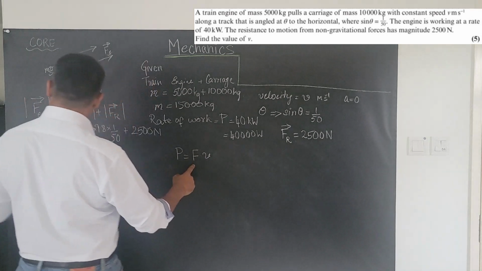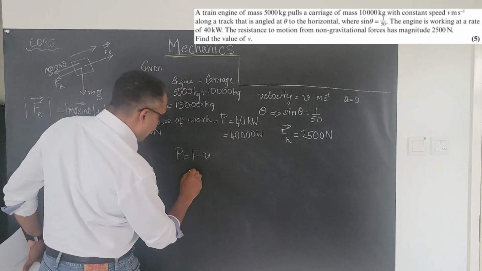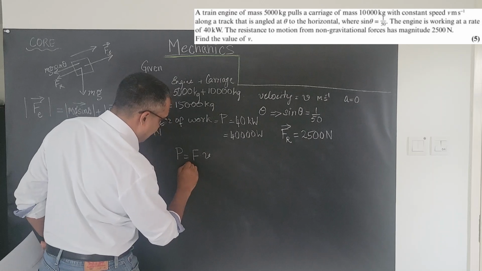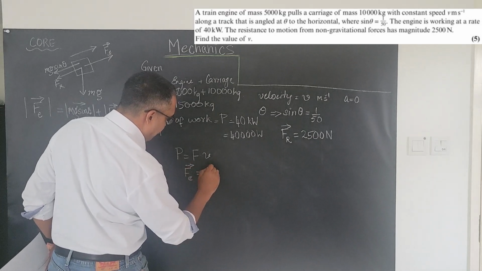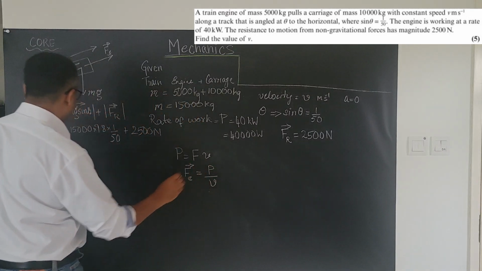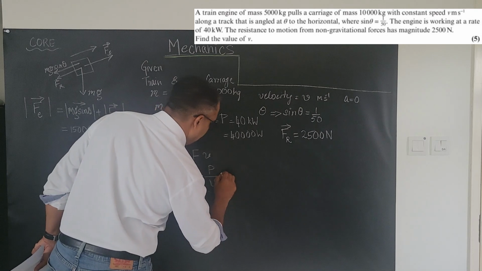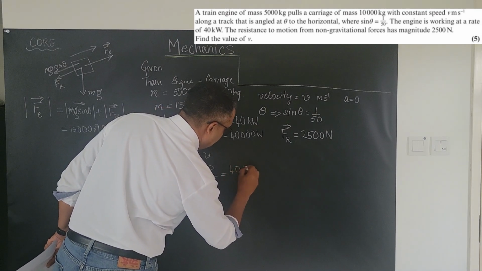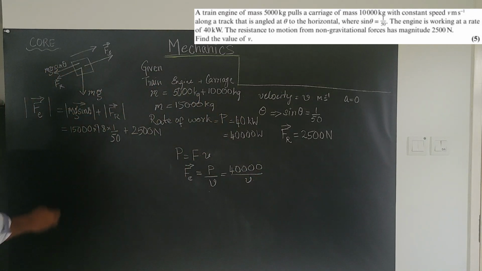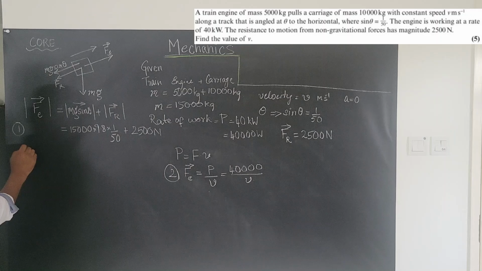So how would I write this force magnitude here? I would then say the force of the engine would be equal to the power divided by velocity, right? Which then, if I brought it here, that's equal to, let's make this a little easier, 40,000 divided by V, right? So if I had 1 and 2 equating